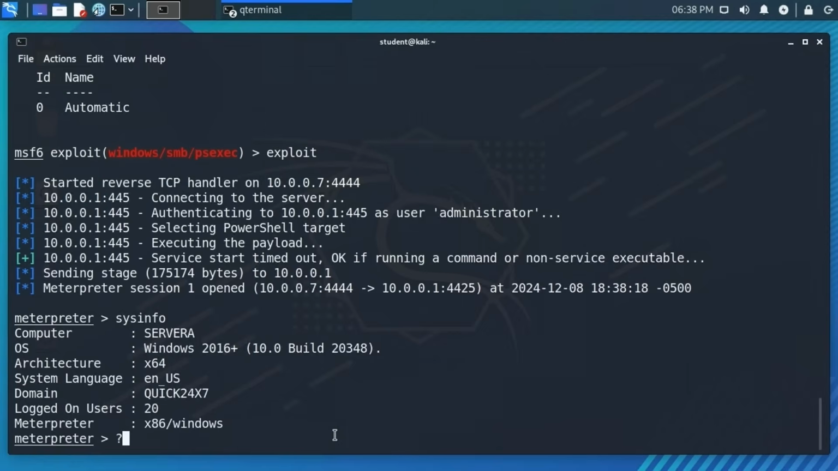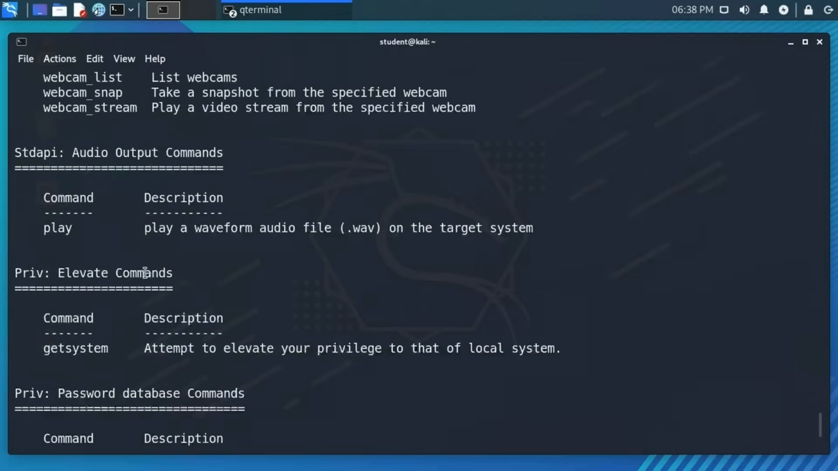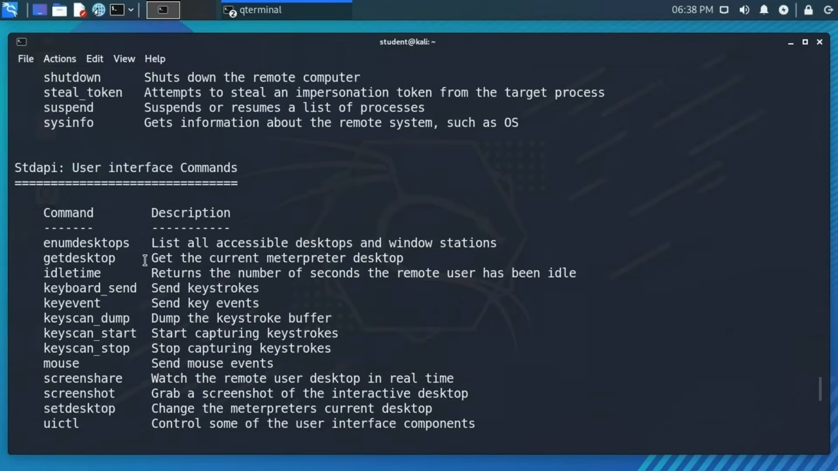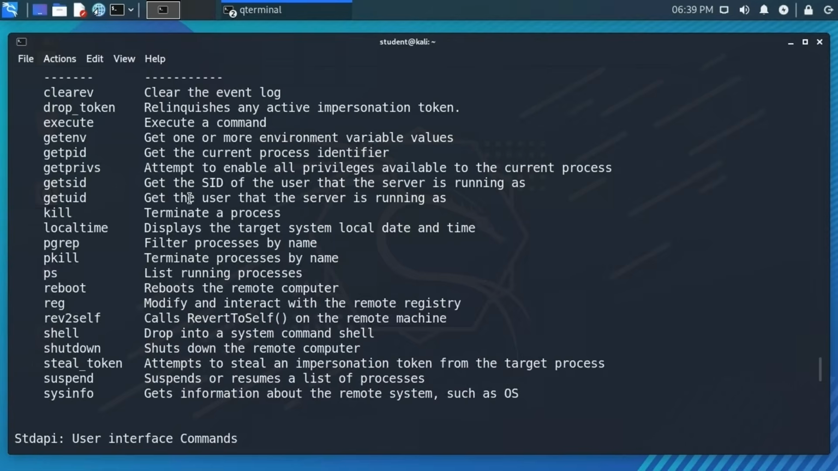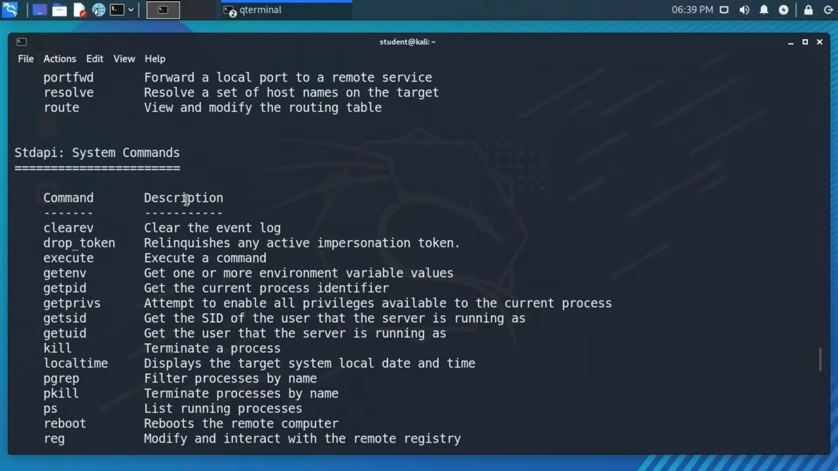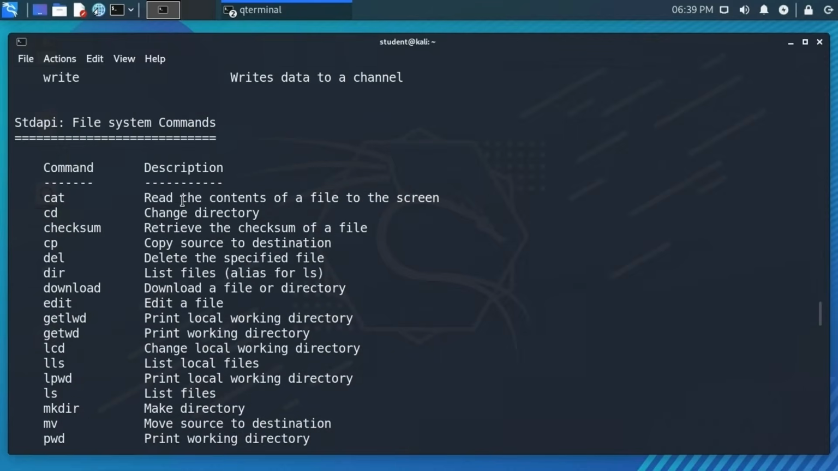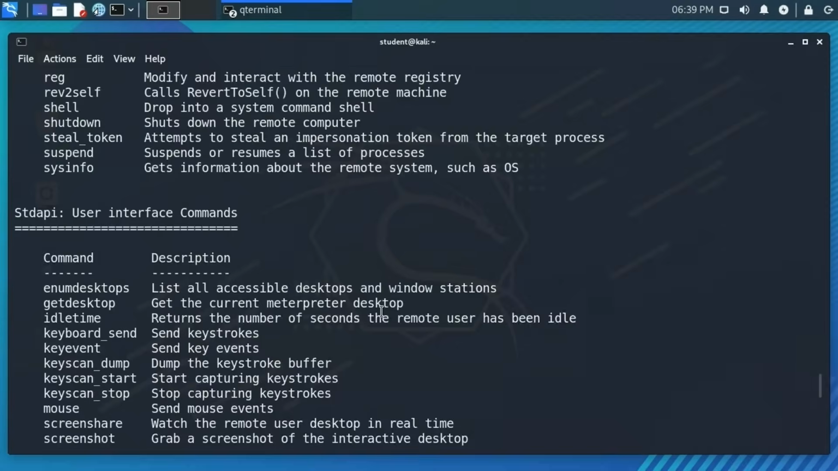So if I use a question mark, I have all the different Meterpreter commands. I could do a hash dump on this system to retrieve the Windows account database if I wanted to. I could clear the event logs. I could go and create new user accounts on the system if I wanted to. So I can perform any number of commands on the system. So just as an example here,